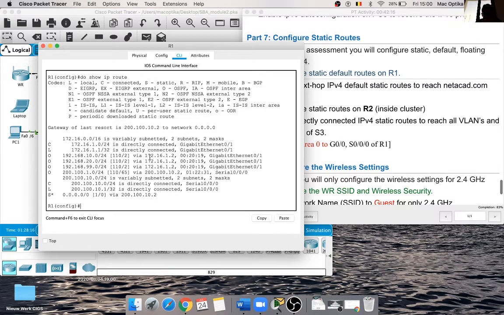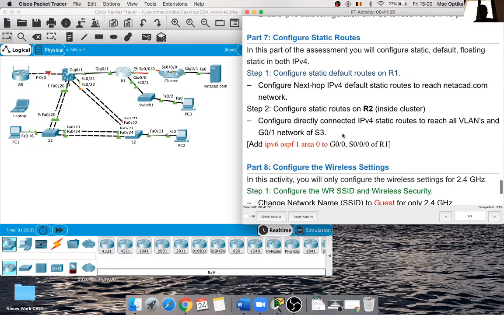You see, we have 10. All the network, and then we have this as well, connecting the default. Perfect. Now I have to